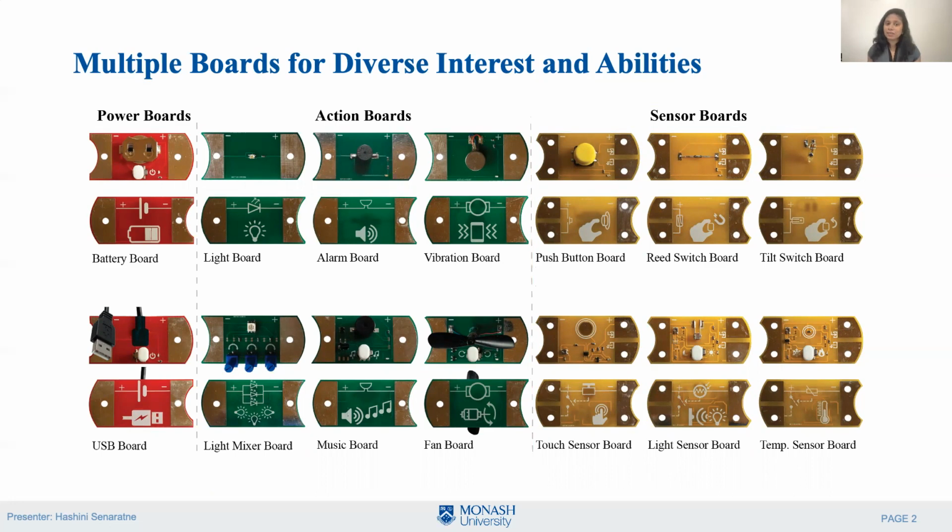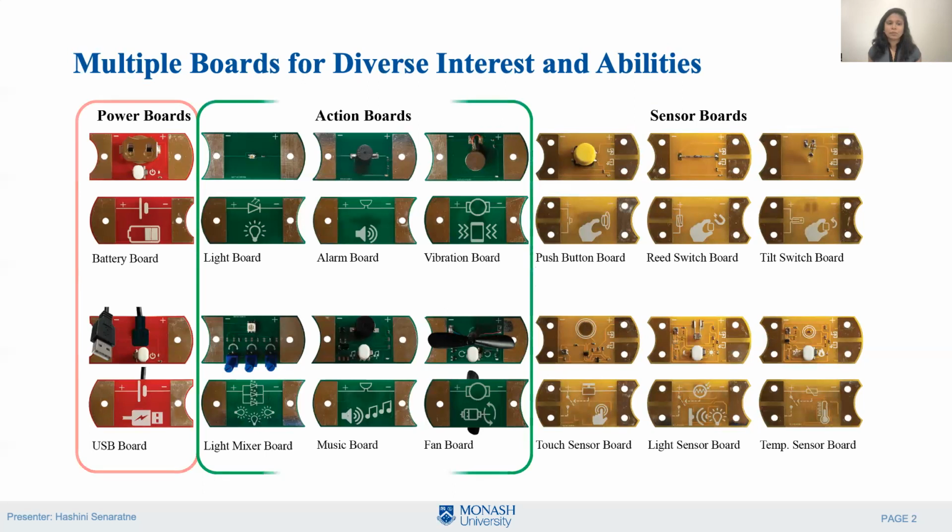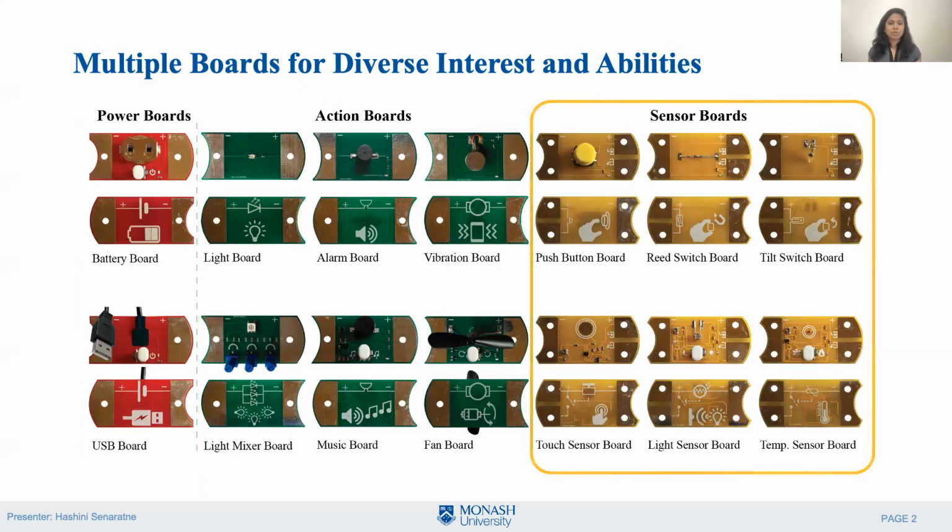To cater for their diverse interests and abilities, this kit provides various board options. For example, battery or USB power boards can be used to activate boards with multimodal feedback of light, sound, and motion, with or without controls, and sensor boards can be used to make circuits responsive to button presses, magnets, tilting,